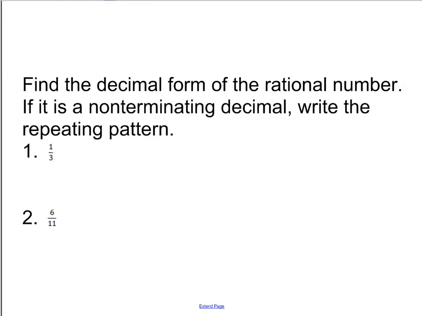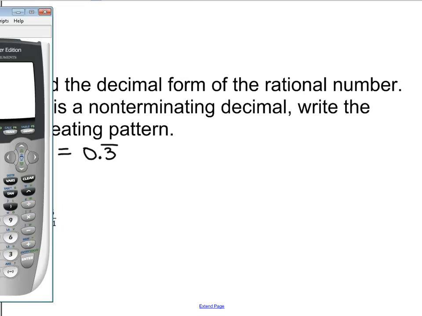Find the decimal form of the rational number. If it is a non-terminating decimal, write the repeating pattern. 1/3 as a decimal is going to be 0.3 repeating. So you're just going to write 0.3 with the repeat bar above it. Please do not round. If you're not sure what it is, you can use your calculator